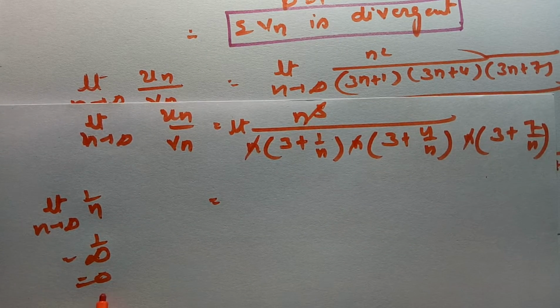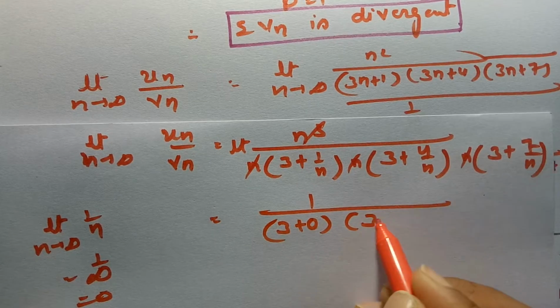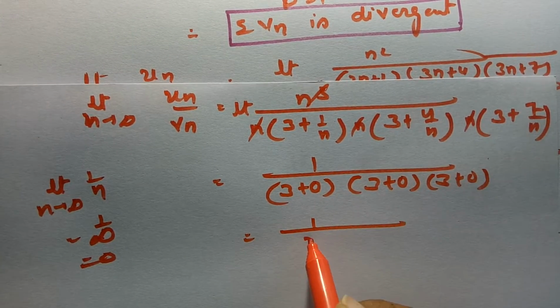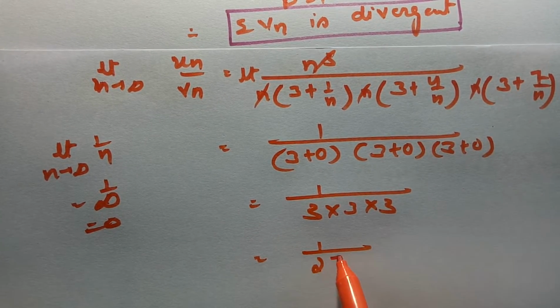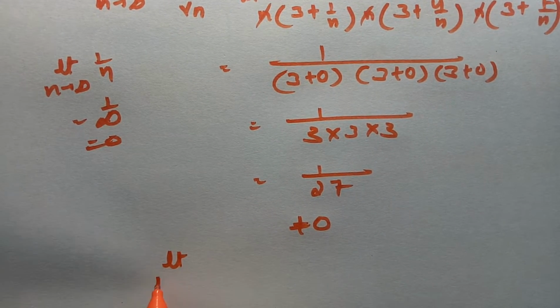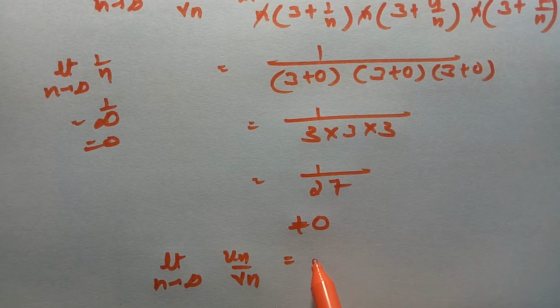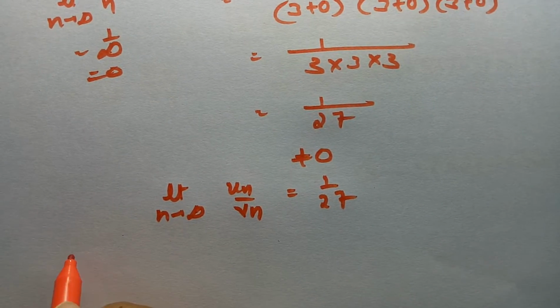1 by infinity is nothing but 0. Then this will be 3 plus 0 into 3 plus 0 into 3 plus 0, which is equal to 3 into 3 into 3, which the value is 27. This is not equal to 0. So we got a finite value, that limit n tends to infinity u_n by v_n value is equal to 1 by 27. So by comparison test,